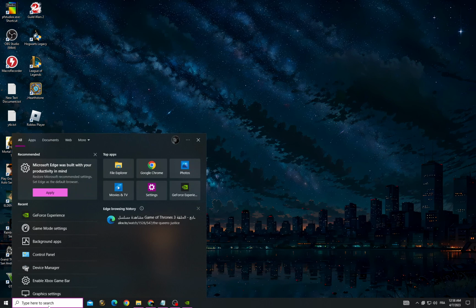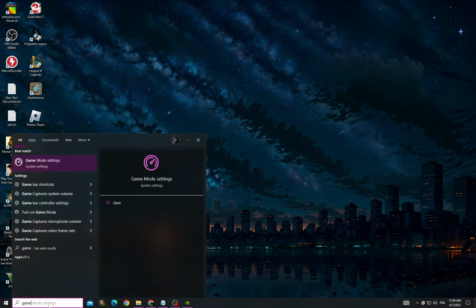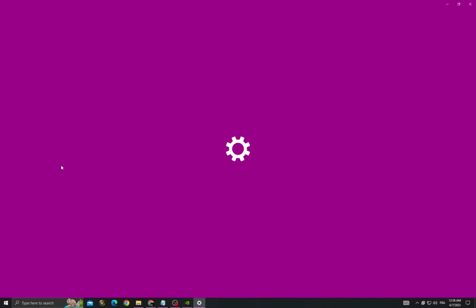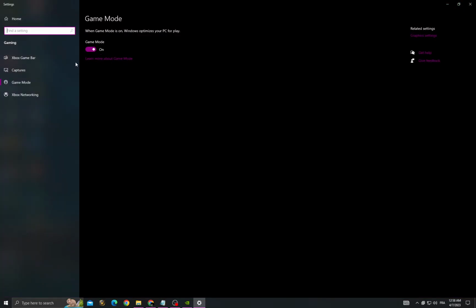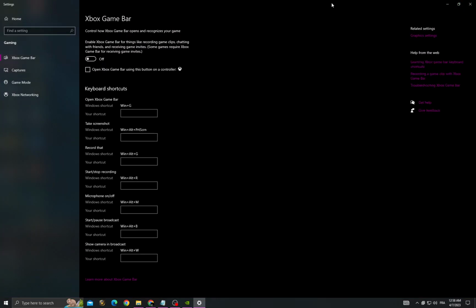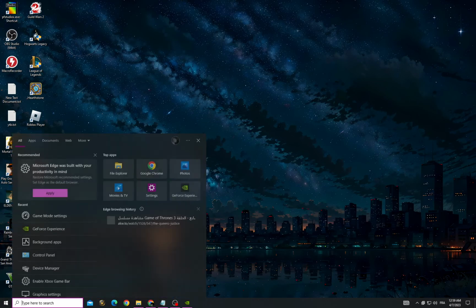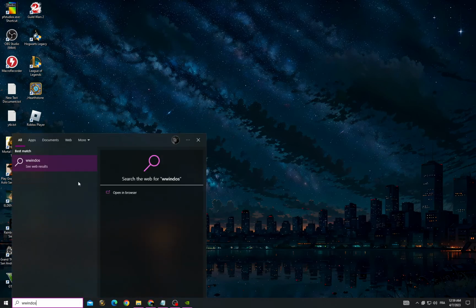and then after that go to game mode settings, turn on this option and go to Xbox Game Bar, turn it off, then go back and now go to Windows Update Settings,